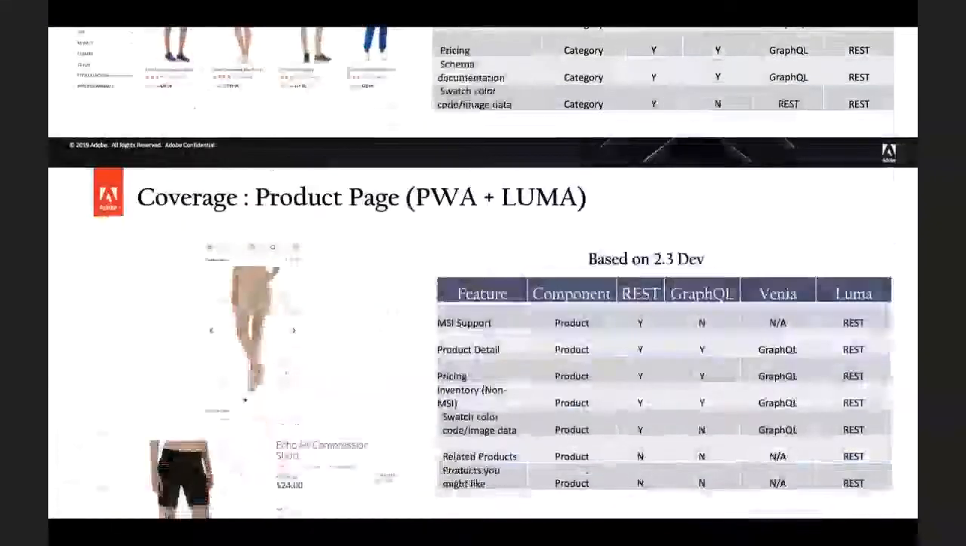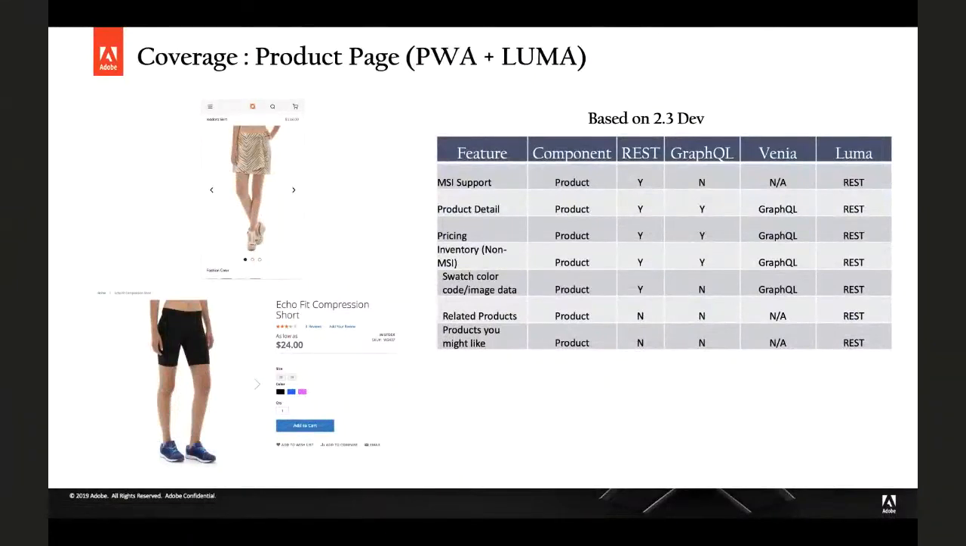All right, moving on to the product page. Here, I think the biggest gap I see is MSI support that's currently missing from GraphQL. So if you are using MSI, the inventory data may be coming in incorrect through GraphQL. That is something we have on the backlog. We are currently going through the prioritization process, and we will start working on it pretty soon